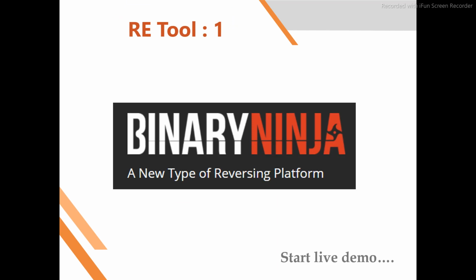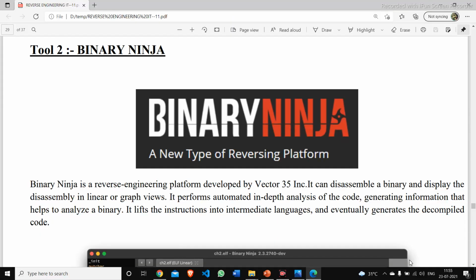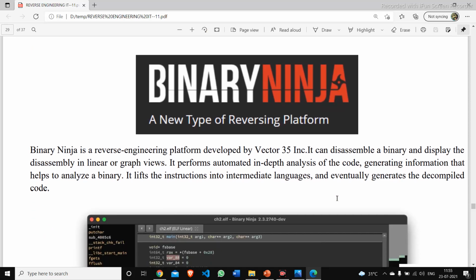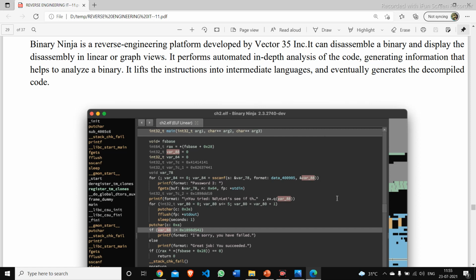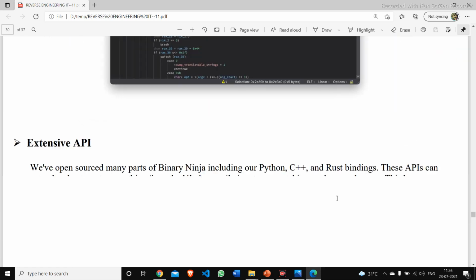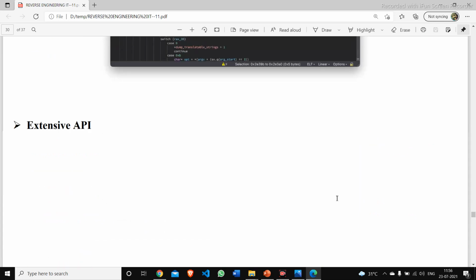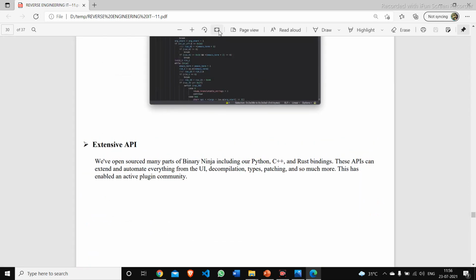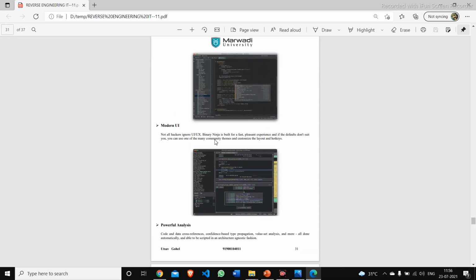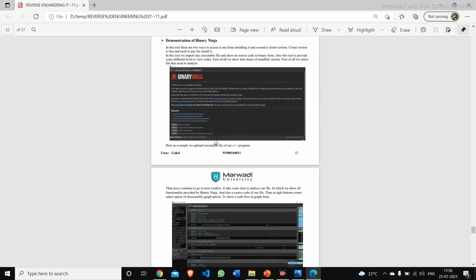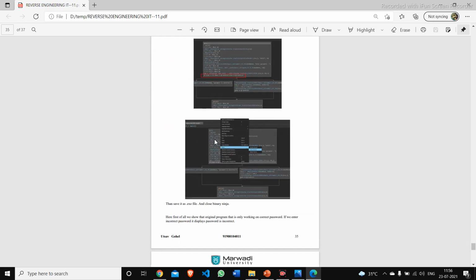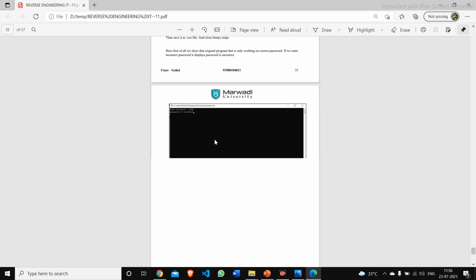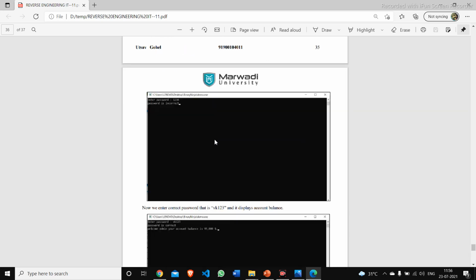Here is the Binary Ninja tool. So our next tool is Binary Ninja. Binary Ninja is a debugging software with which you can modify software at the binary level. Here is the full UI of Binary Ninja. You can view it from the data link in this box. You can download it and use this software. It is basically software from which you can get half of the code. It is used for cracking software, like password bypass.